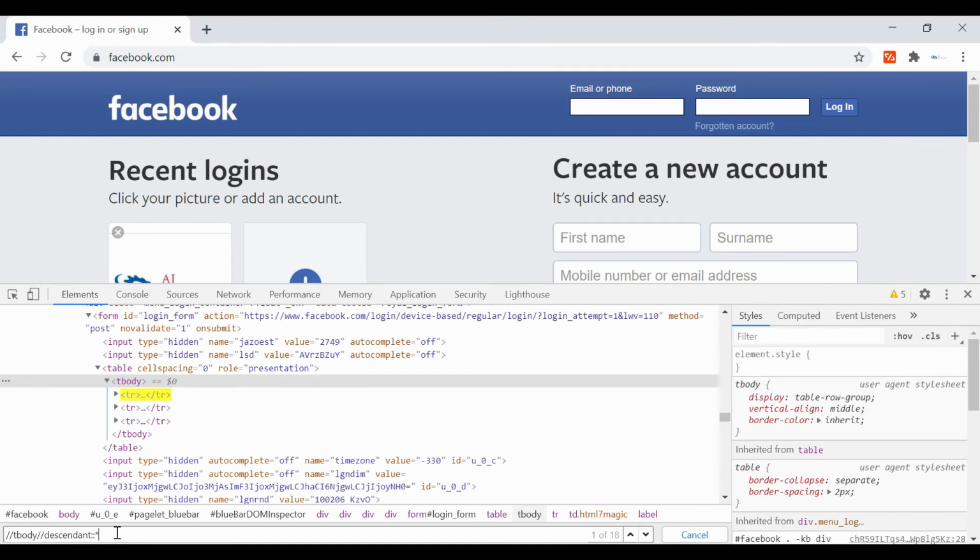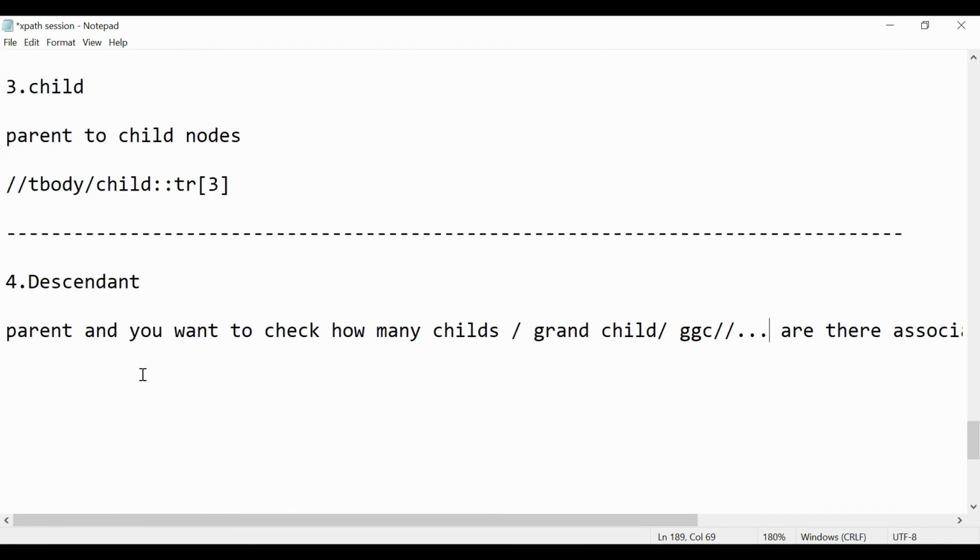Let me paste this. This will help you to check all children or grandchildren.